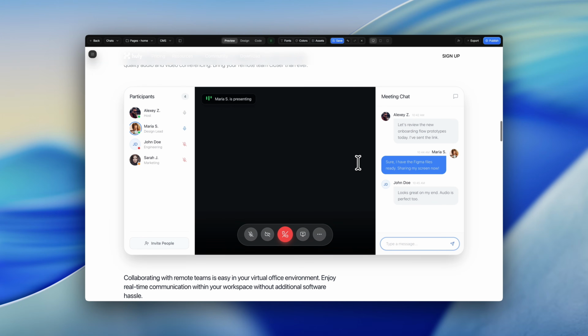So the structure already feels very close to the original concept. The only thing missing right now is the actual video layer in the center. But that's totally fine because we can simply add our own autoplay video URL later and replace the placeholder area manually. That's actually one of the advantages of separating the structure from the asset first. In this case, I want to push the result even further. So I'm going to show you another way